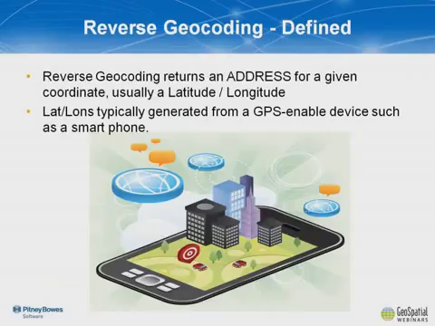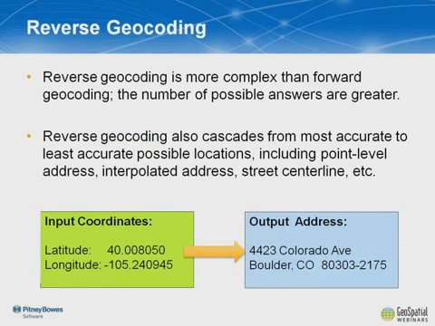So as a lat long is an input, then a GPS-enabled device is typically feeding that lat long in, such as from a smartphone or a GPS receiver or some sort of a routing system, and then it returns an address from that. So in this next slide, we'll see an example from a lat long that comes in, and in the lower left-hand box, the lat long comes in, and then the output address can be very exact. In this example here,